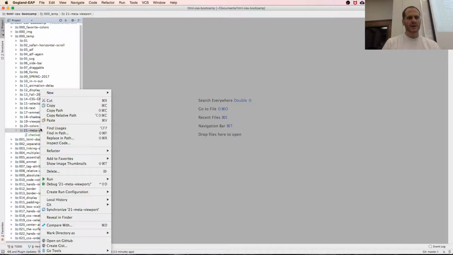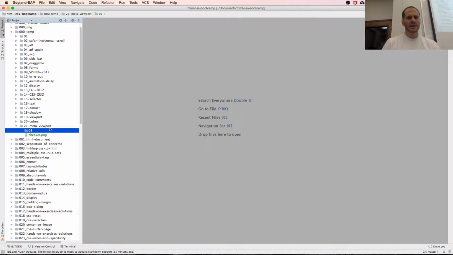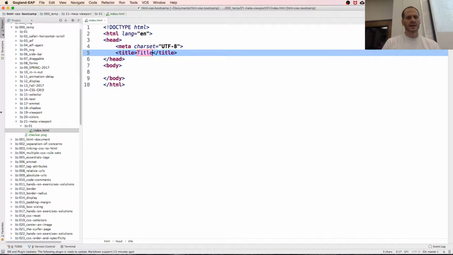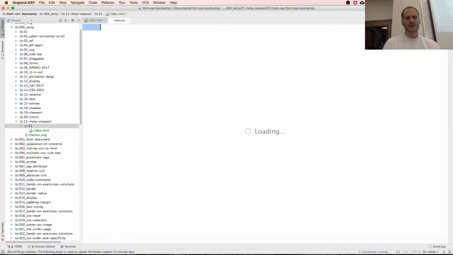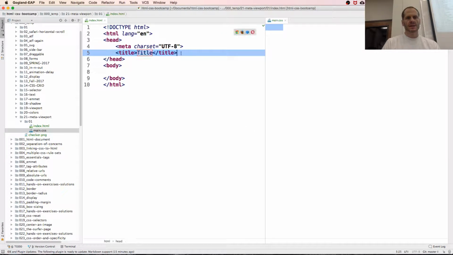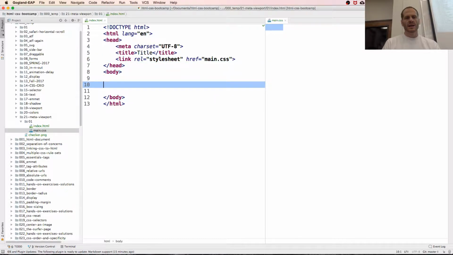Now we'll create a new folder, 01, and then in that folder, we'll create an index, and then in there, we'll create a CSS. We'll split this vertically, and then we'll link to main. And for the entire HTML, we'll do body,